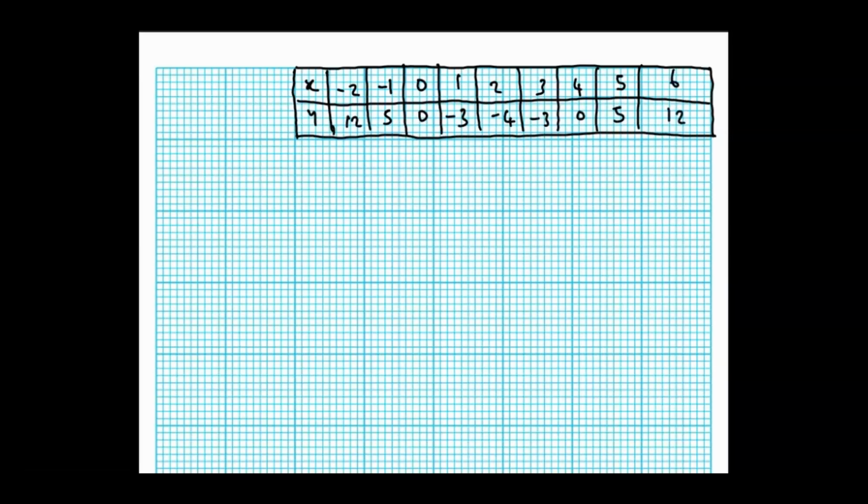So this table is very important, it's very vital. Okay, the next thing is we have to have an understanding of the scale we are going to use. If we read question B part 1, it says draw the graph of y is equal to x squared minus 4x on the grid using a scale of 2 centimeters to 1 unit on the x-axis and 2 centimeters to 2 units on the y-axis. So we are given a particular scale and we're going to discuss it in a moment.